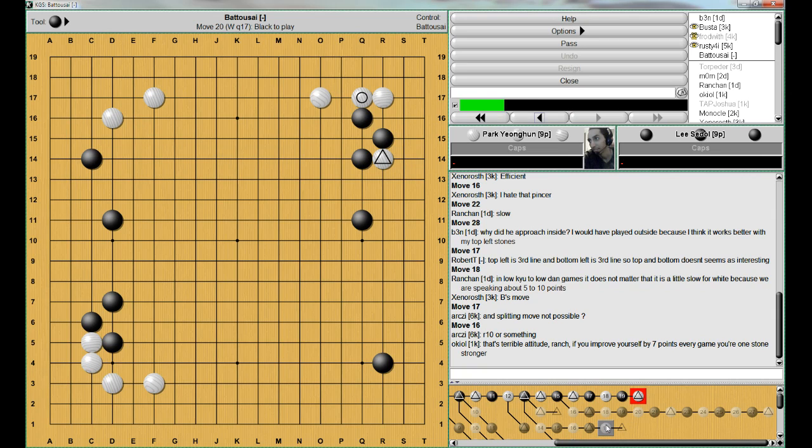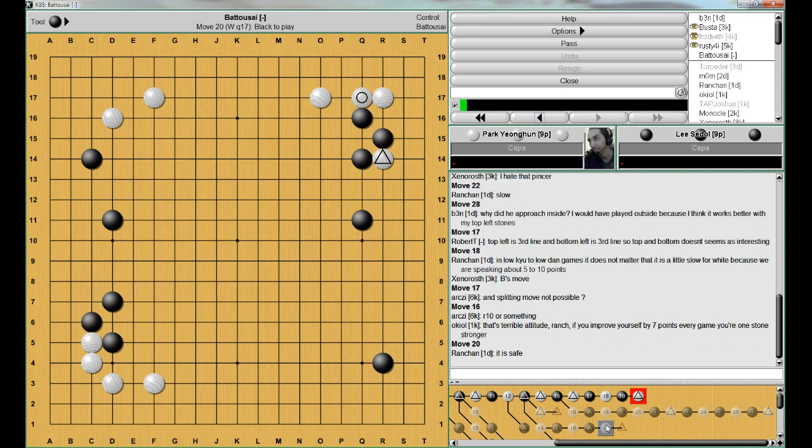Let's see, I'm missing an argument, I think. Robert T says top left is third line, bottom left is third line, so top and bottom doesn't seem as interesting. Rich? Oh, in terms of approach. Yeah, that's another thing. I mean, you can approach here, and as long as you're approaching, you're going,